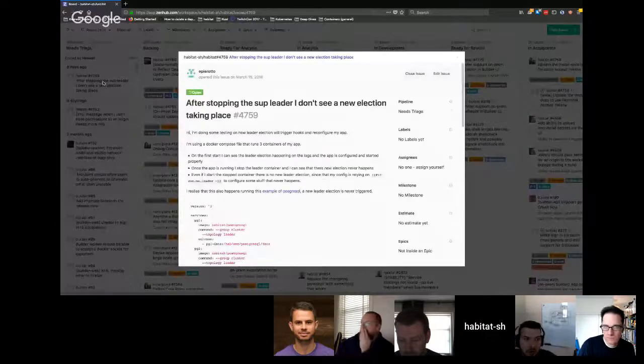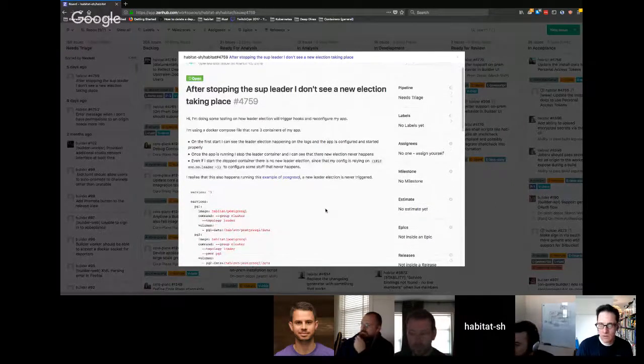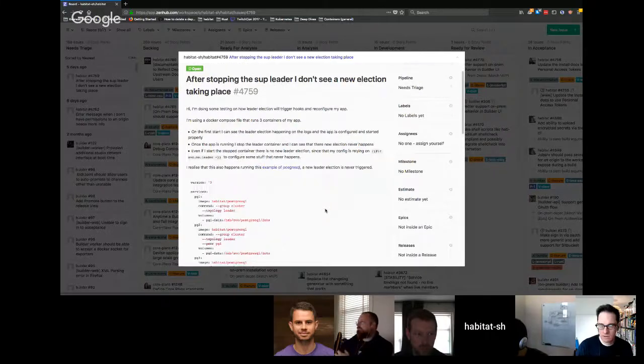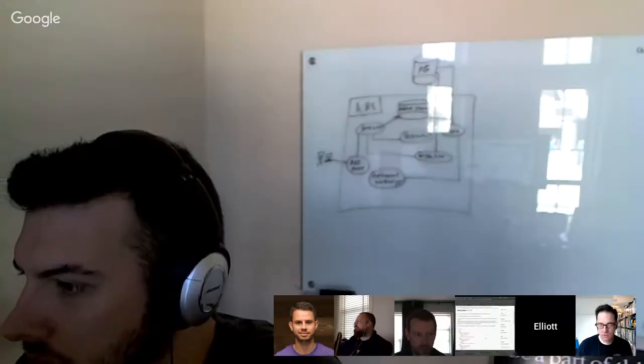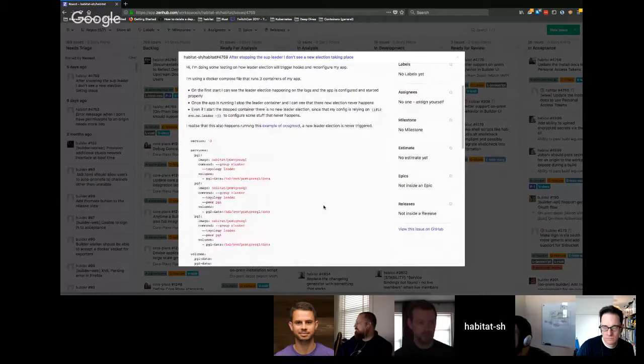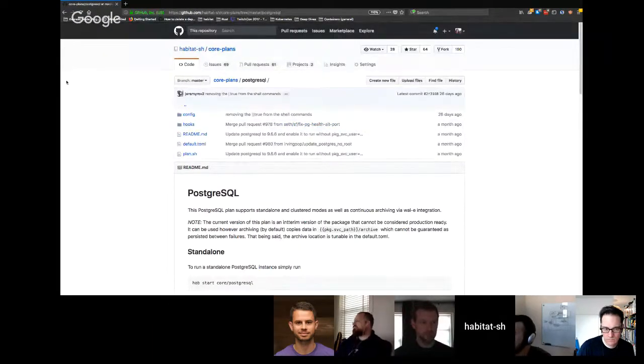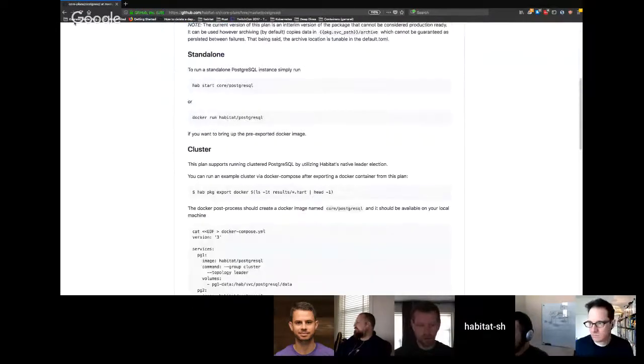After stopping the soup leader, I don't see a new election taking place. Interesting. Are there 4 total nodes or 3? There's 3. The 3 is, I think, the default required for quorum. Right. In this example, what's this example? Is this my blog post? Oh, no, okay. All right, that's just showing what he's doing.